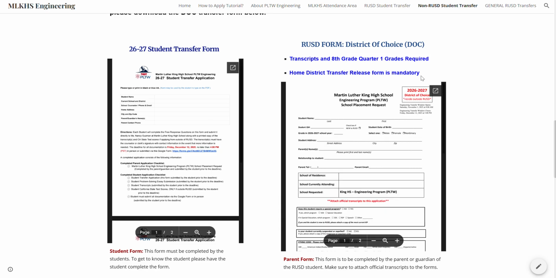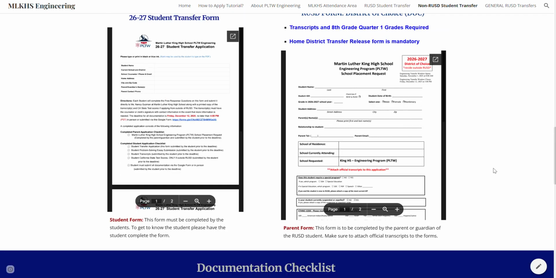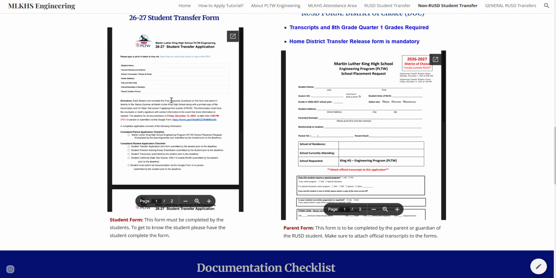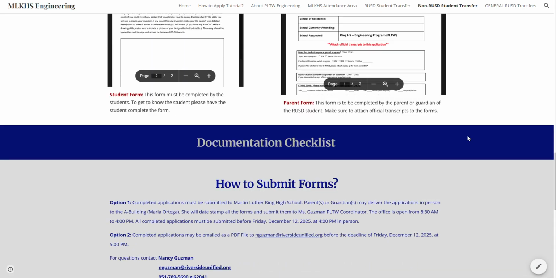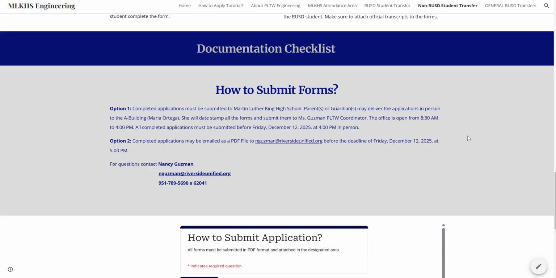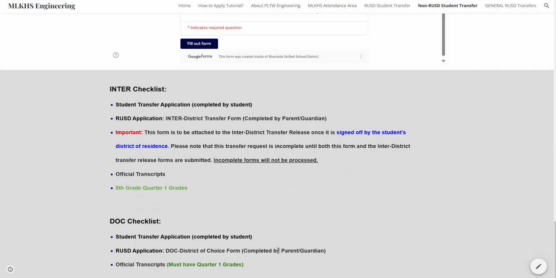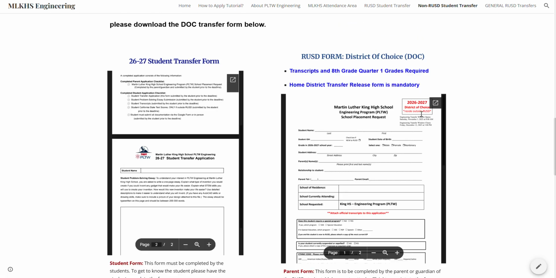If you have the district of choice already, please make sure that you attach it here so that we don't have to fill out any documentation from your home district. Again, this is the application that would be filled out by the student. This over here would be the essay. This portion would be given to their counselor. And then this is just the documentation checklist. So notice there's a checklist over here of all the items that need to be submitted.